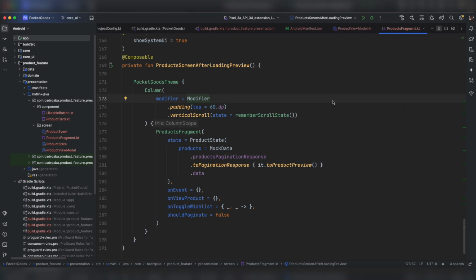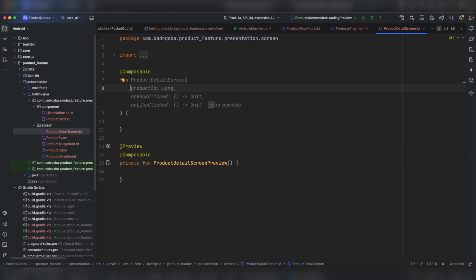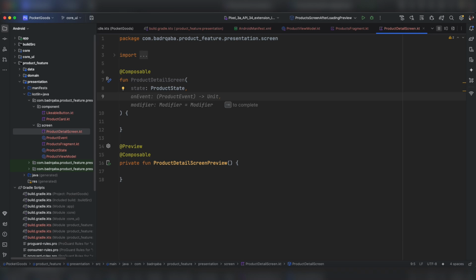Hello everyone, welcome back. Let's implement the product detail screen. Create a new composable, ProductDetailScreen. This composable has in parameter the state of type ProductState, and we want to hoist the method onToggleWishlist. We have already done this under Vue3. No wonder we're going to hoist this method in order to make our product detail screen previewable and not relying